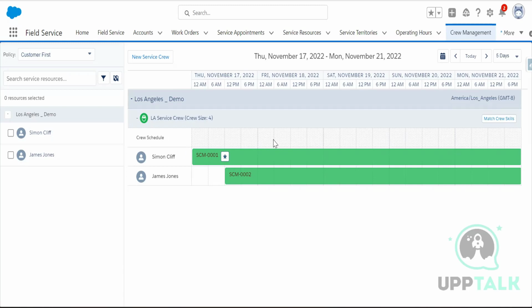In this crew schedule, using match crew skills, you can assign the service appointment to these service resources. Once you assign that service appointment to the service resources, any one of this queue can pick up that service appointment based on their availability, and they can start